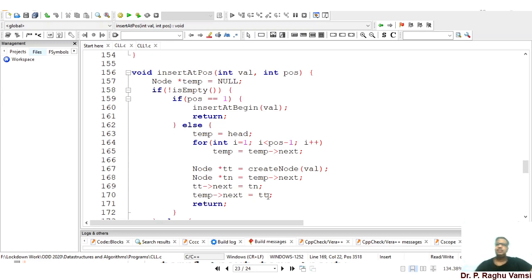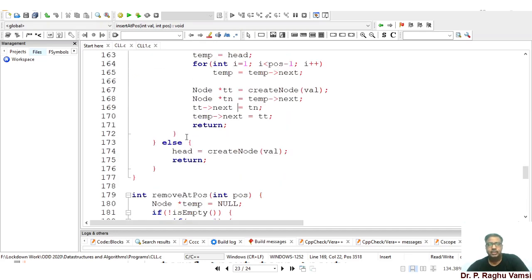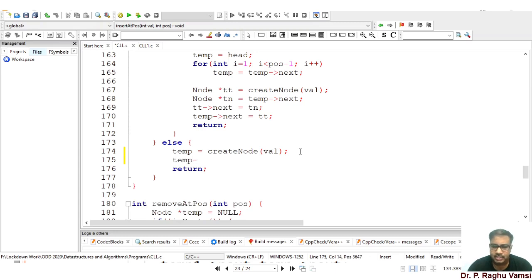That's all. You need not make any change to the single linked list insert at position function, except that we need to do some modification in the if part, because if it is the starting node, then temp next is equal to temp and head is equal to temp.